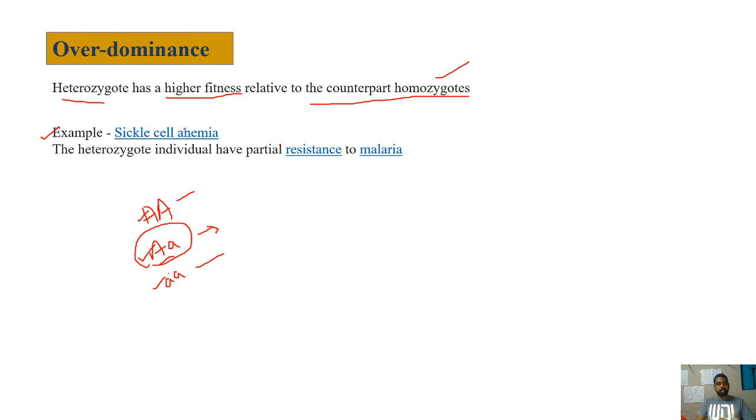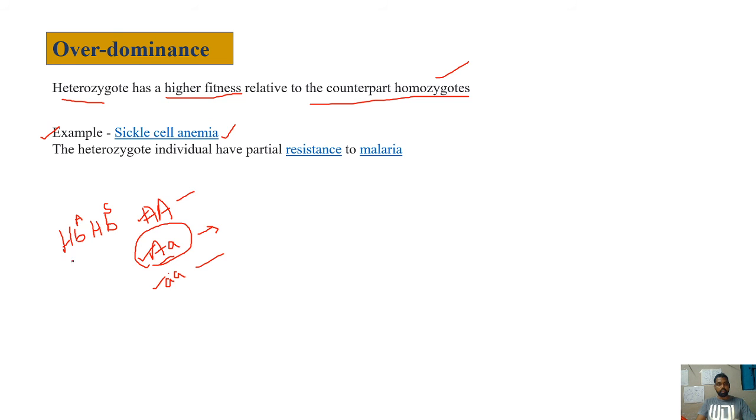This can be seen in the case of sickle cell anemia, for example. Just now we have seen three different types of genotypes with respect to sickle cell anemia, that is HbA HbA, HbA HbS, and HbS HbS. There, the HbA HbS individual